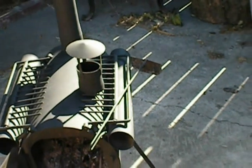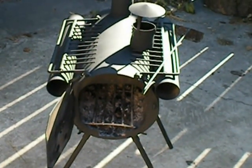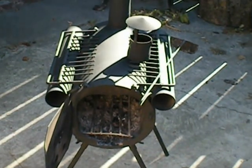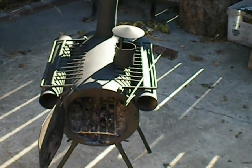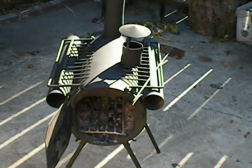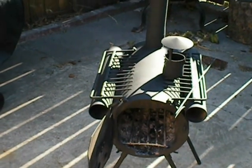I haven't had it out when it was real cold or any of that, but I think it'll work. And it's pretty cool. So if you have the ability to do all that stuff and have tools or people who have, you know, access to that stuff, you can make these things work pretty good. I've not cooked on the top of it yet. I'm going to do that to see how it works, maybe tonight, and maybe I'll post a video with that. All right,